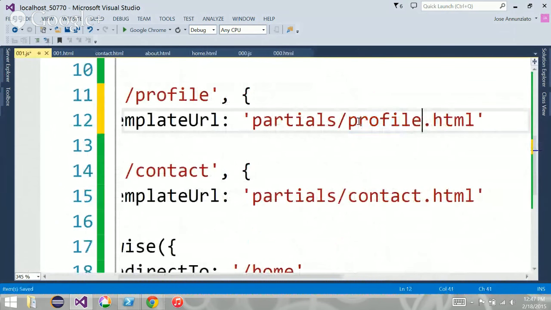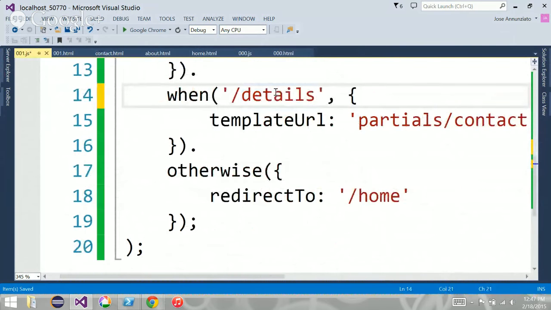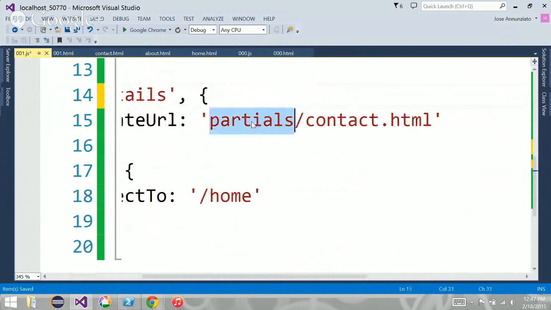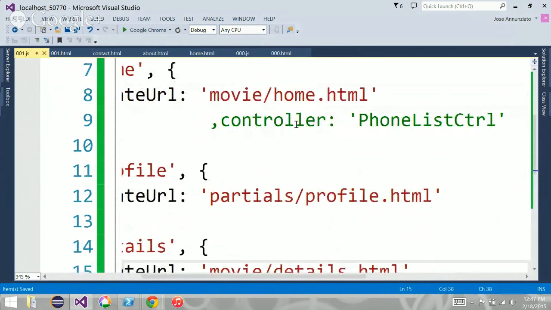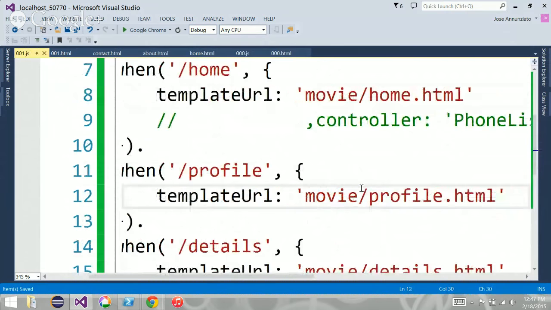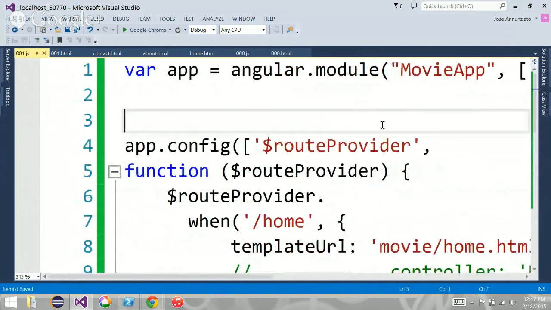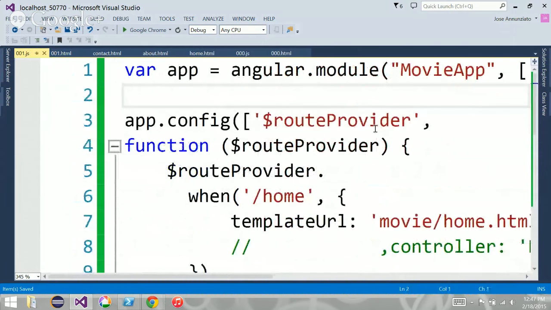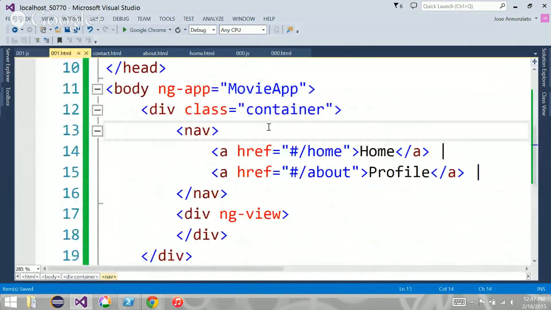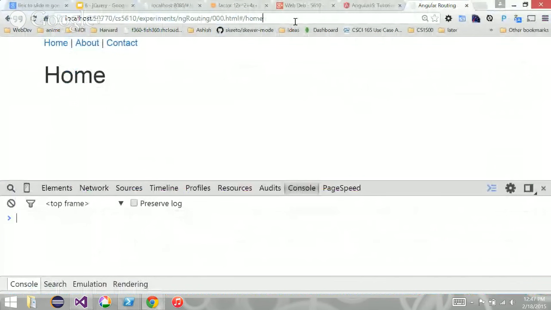And if we go to details, we would go to a details page. So this would be movie and then details page. Oh, wait, this is movie, right? Movie. There we go. And otherwise, we just go home. Okay. Let's see if that works. Let's see if it blows up.